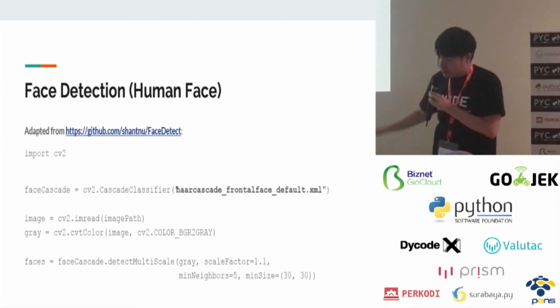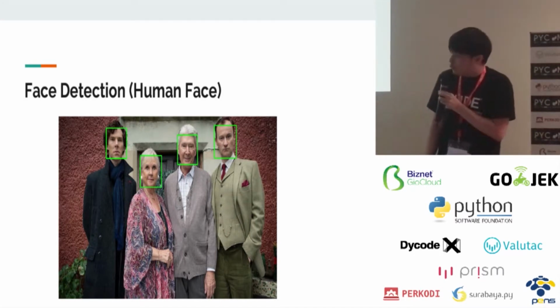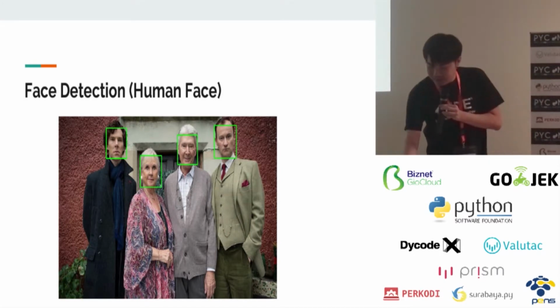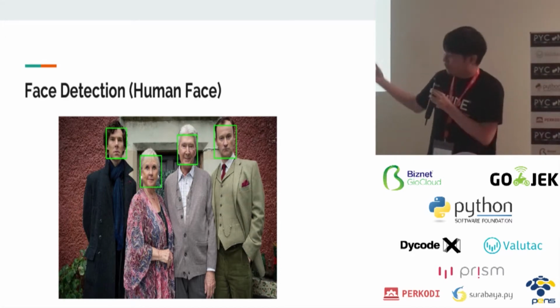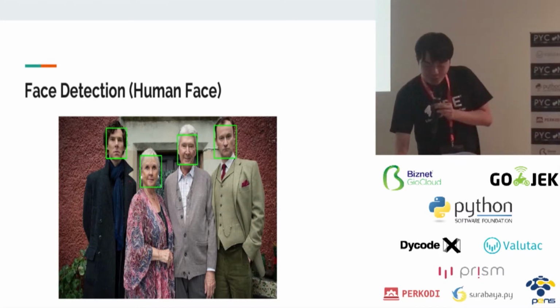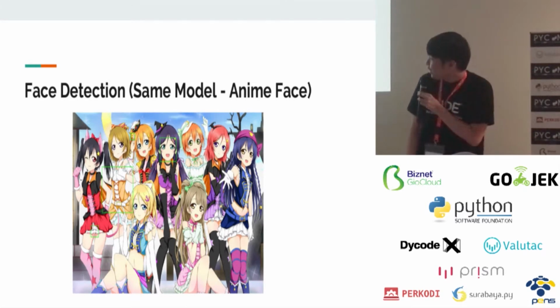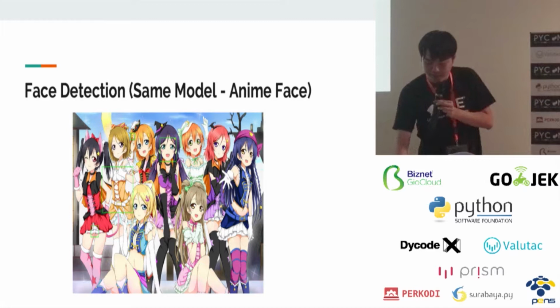Run the detector, and the result is like this. When I try to apply this 5 lines code to this image, I got this following result. Okay, now this is the interesting part. I tried to run the same code to anime characters, but it doesn't work. It only can detect one box in the middle, and the other characters are not detected properly.